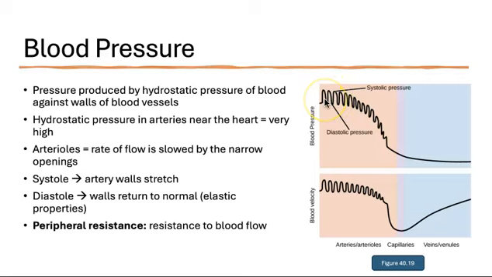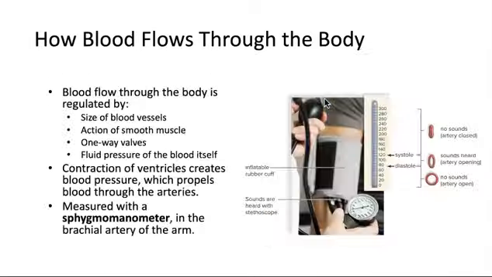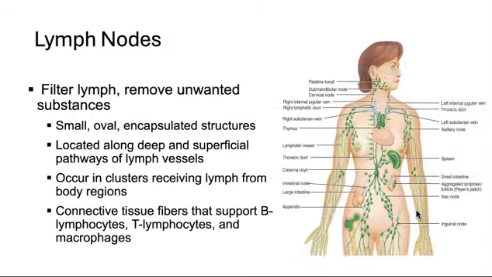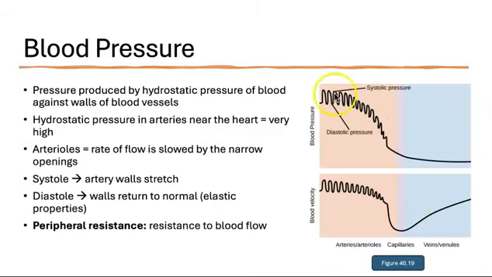just how we referenced, where was it? This chart over here. So this is just a different figure talking about the same thing. So we could see our systolic pressure is higher than our diastolic pressure over here. And as we move into the area of our arterioles, the rate of flow is going to slow because we now have more narrow openings. So notice here's our velocity, so we can see the speed of that flow. And then we of course know that that is going to slow a lot once we get to the capillaries